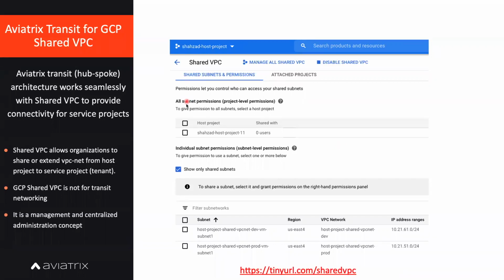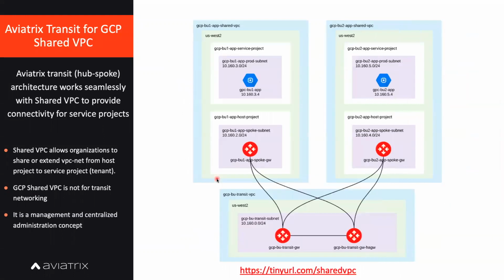So we understand this concept. You can see in my slide here, I have created some subnets, which I'm sharing with the service VPC. And this is how the architecture looks. So now we have this hub and spoke architecture deployed with Aviatrix components. You can see this host project is there, and then I have extended or shared the subnet to a service project. So now this workload or this app is connected to this hub and spoke architecture, with the understanding of the shared network. So this makes life a lot easier for our GCP customers who are